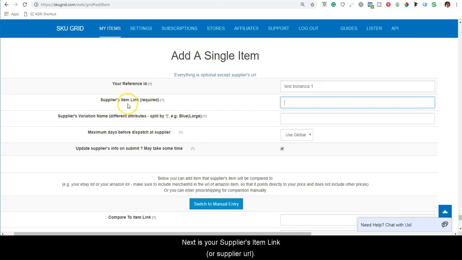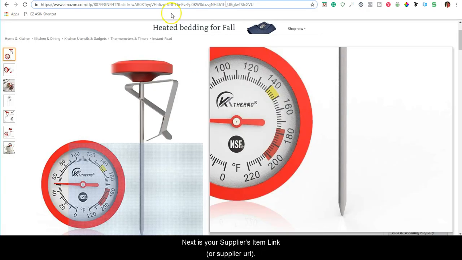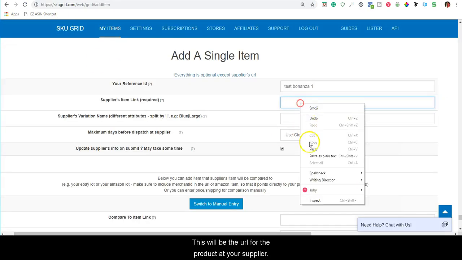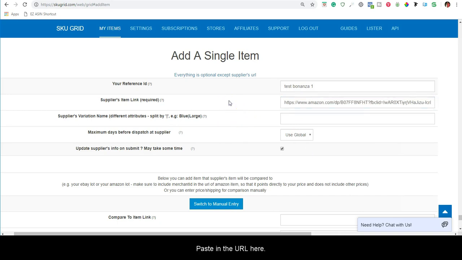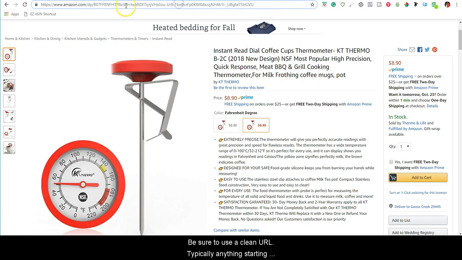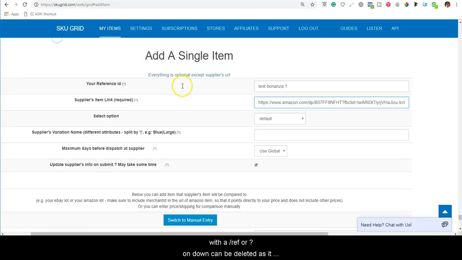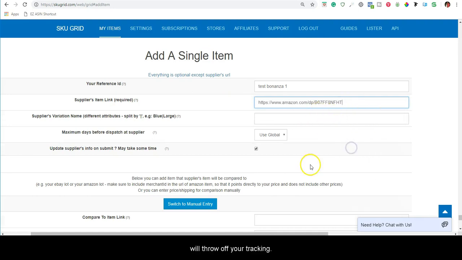Next is your supplier's item link or supplier URL. This will be the URL for the product at your supplier. Paste in the URL here. Be sure to use a clean URL. Typically, anything starting with a /ref or question mark on down can be deleted as it will throw off your